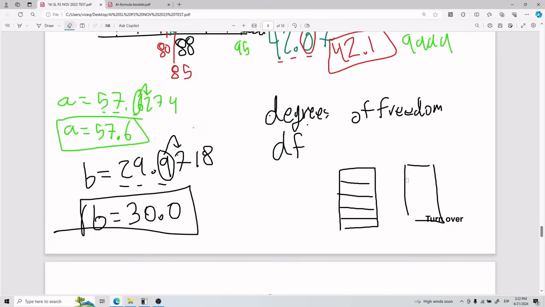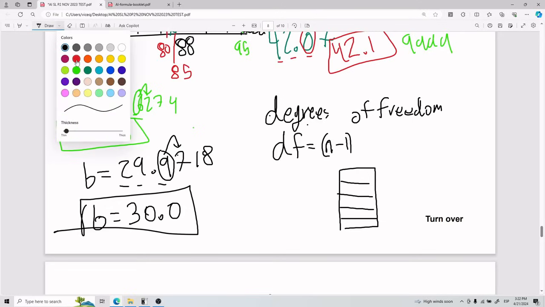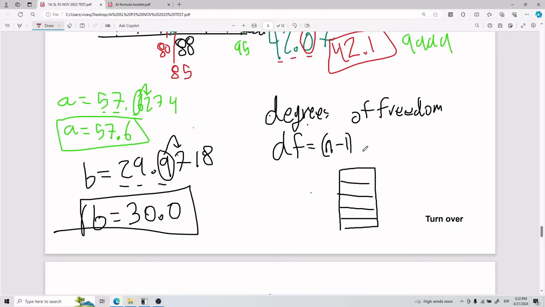And so degrees of freedom, for our intents and purposes, is going to be n minus 1. I don't want to jump too much into it because it can get a little bit confusing. This is the kind of thing I suggest you just memorize. So df is going to be n minus 1. If my n was 5, my degrees of freedom here is going to be 4. Why would it be just n minus 1? Because it is